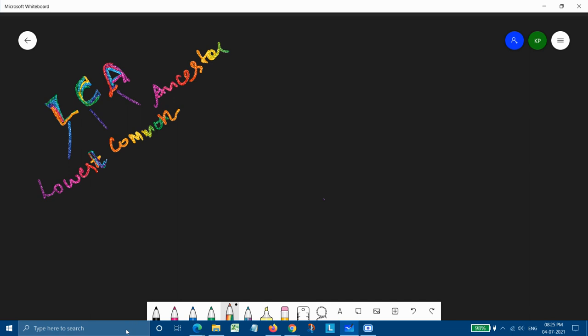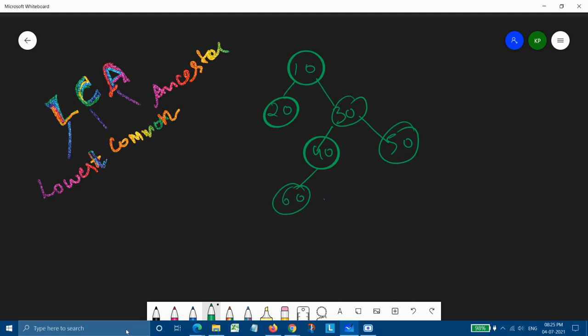LCA, that is the lowest common ancestor. So for this, let's pick up a tree. Tree 30, and let's say we have two nodes.